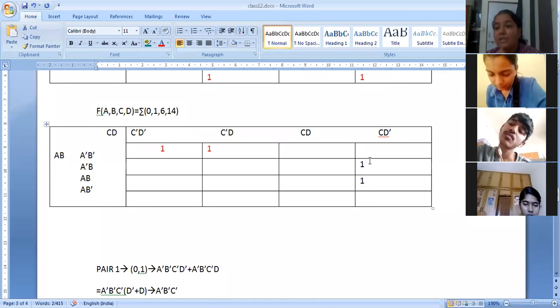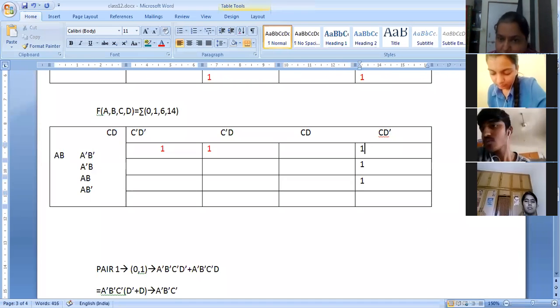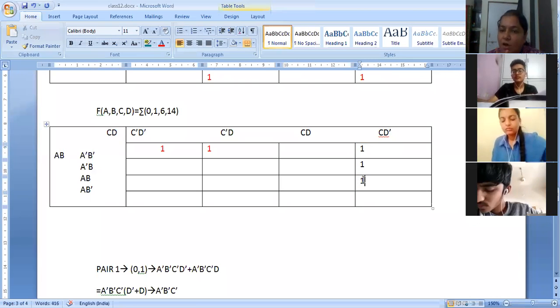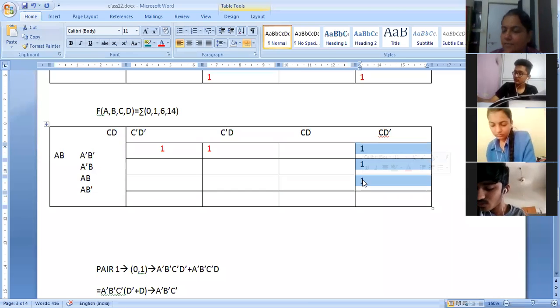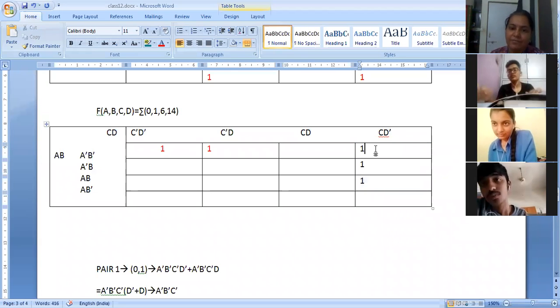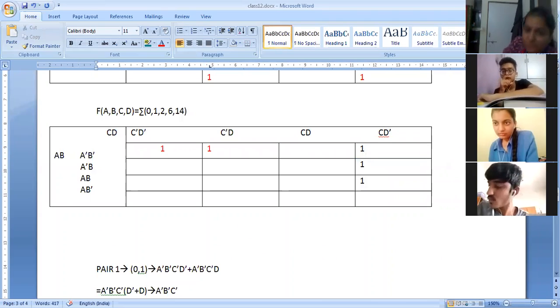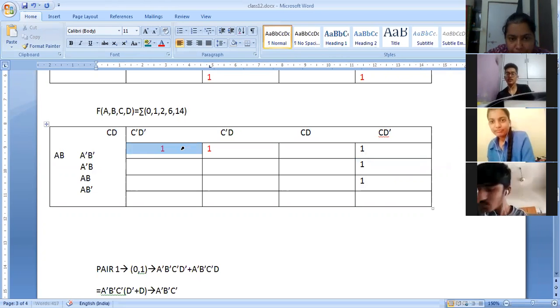Now let me tell you what is not possible with the pair. Suppose there is one here. Then you cannot make a group of three. There is no such thing as a triplet in a K-map. So how would you solve this question? Tell me. If the question is this, 0, 1, 2, you can make two doublets, I mean, two pairs. One is A bar B bar. Two pairs we have made. One pair, and one we will leave like that only. One will be written separately.